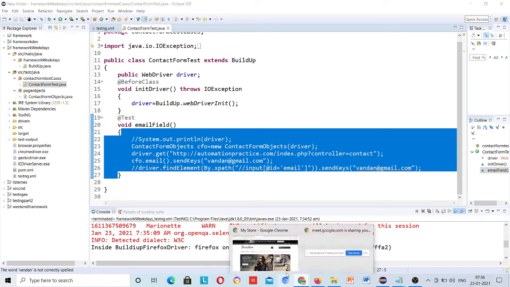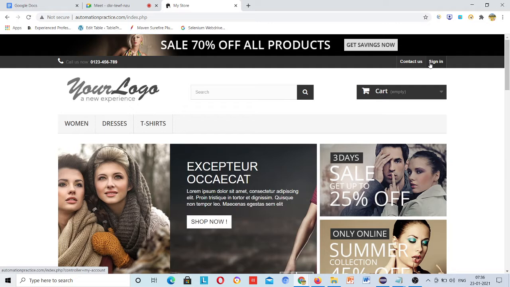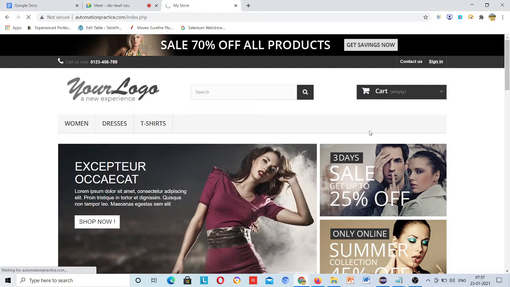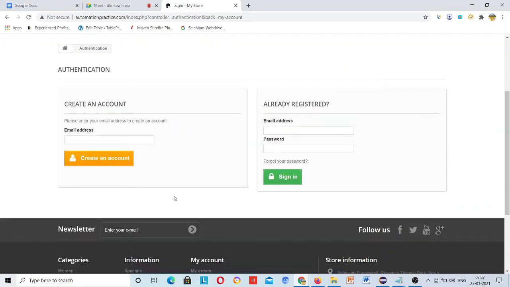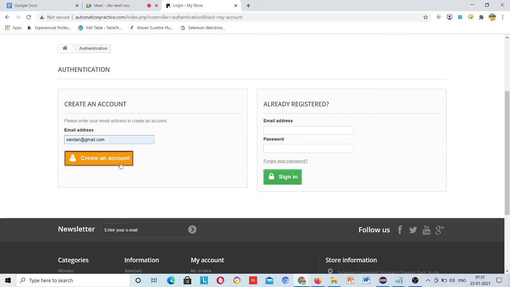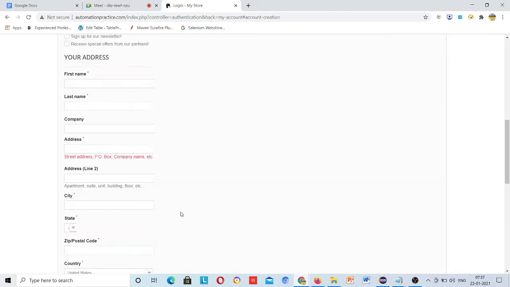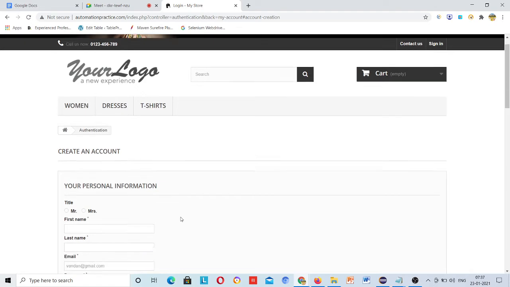If you think about it, these are two forms, the contact form and the sign in form, and if you go to sign in you will see this data to be filled to test your needs.